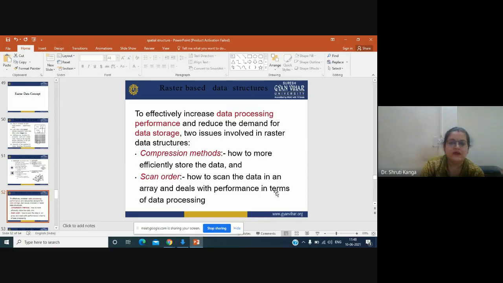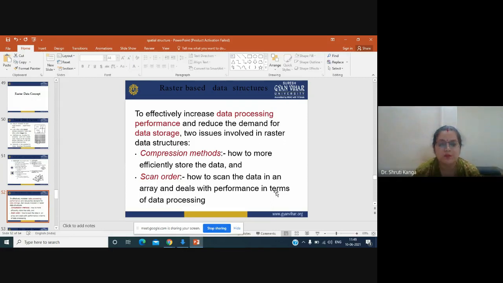Now if you look at raster data structures, to increase the efficiency of data processing performance and to reduce the demand for data storage, two major issues are involved.